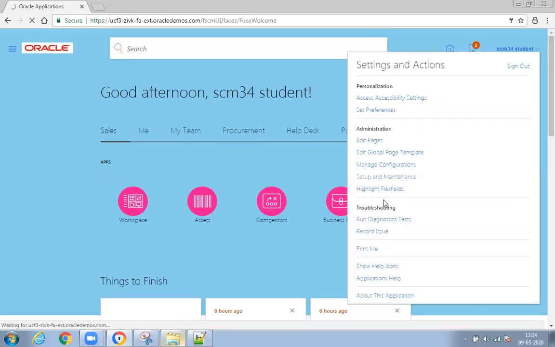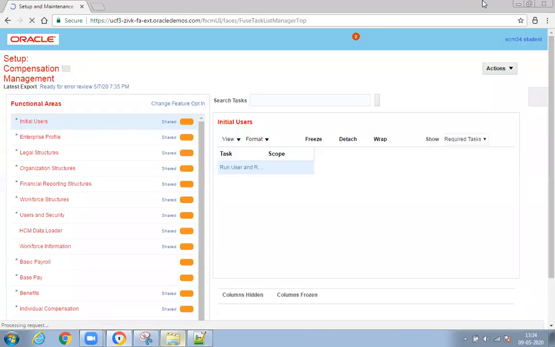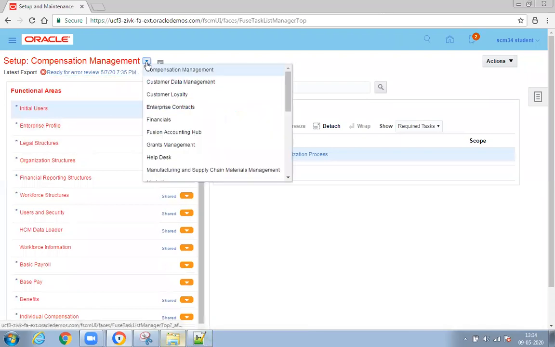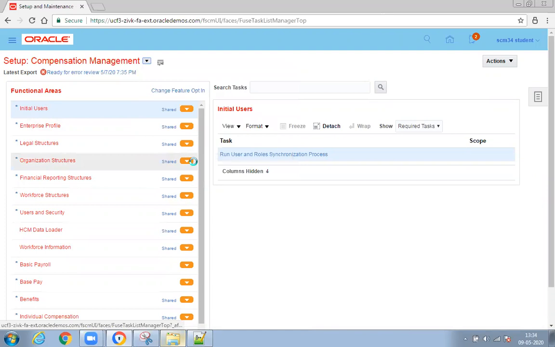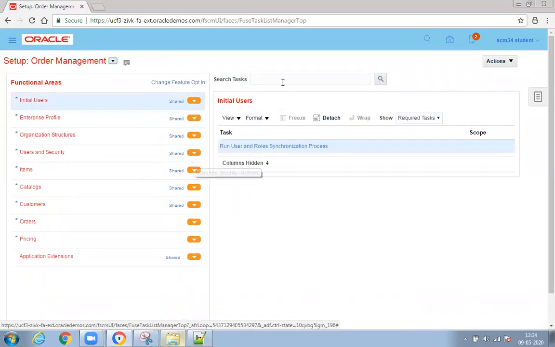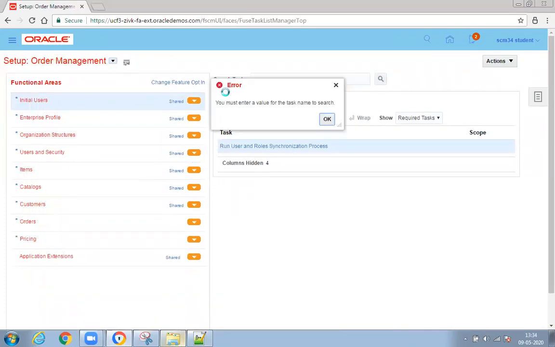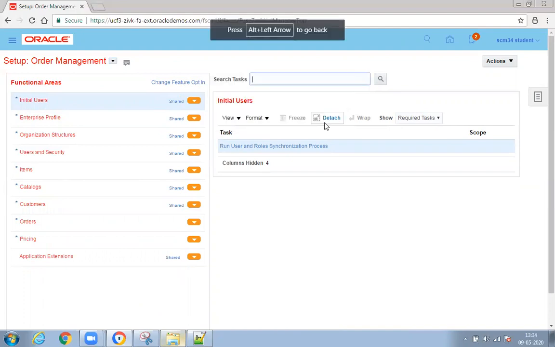Go to setup and maintenance. Order management. Search with pre-transformation rules.